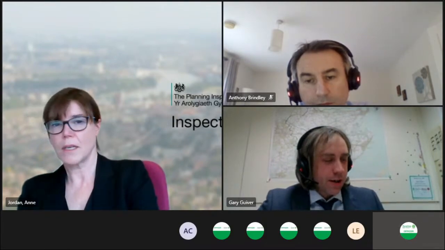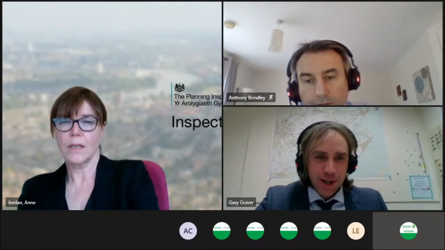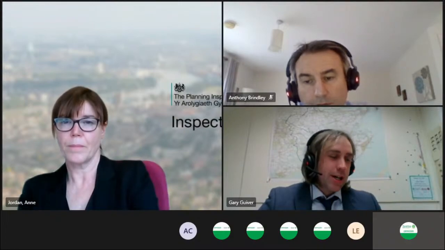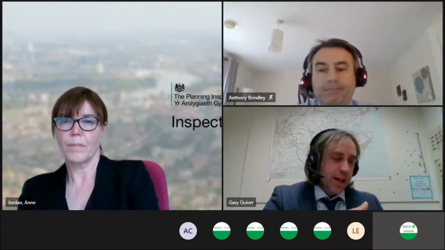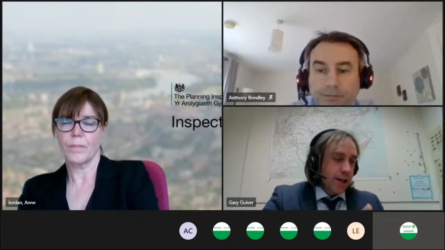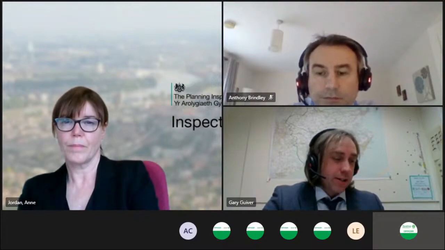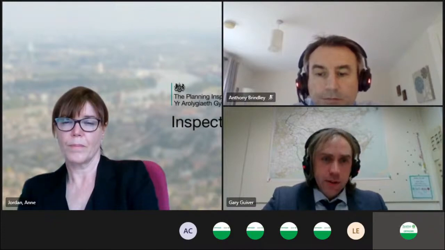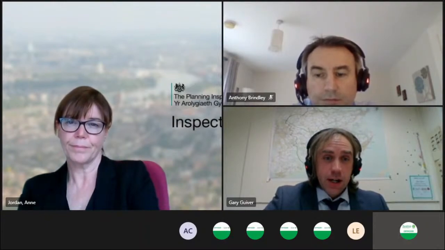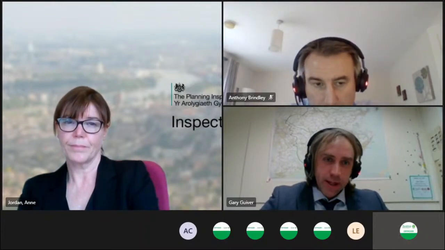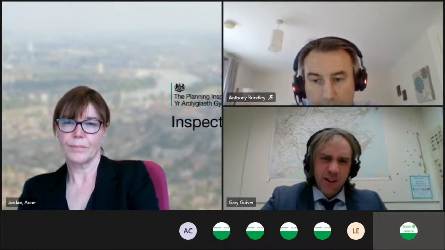I think I understand. I think we can come up with some wording within the different categories in the supporting text which requires applicants to have regard to the size of the settlement, the character of the settlement, and the provision of services in that settlement. I think we could weave something into the wording which covers that and provides a bit more guidance for anybody that needs to make a decision.